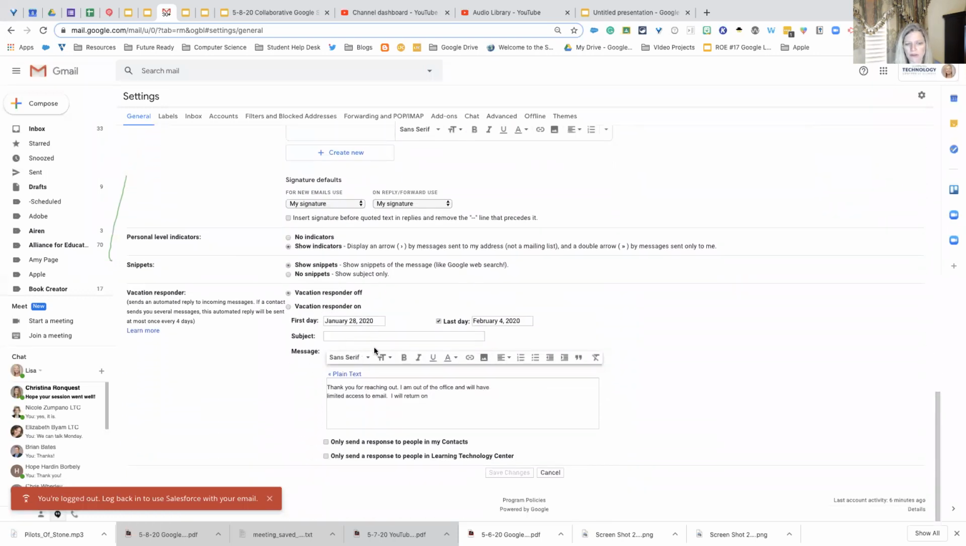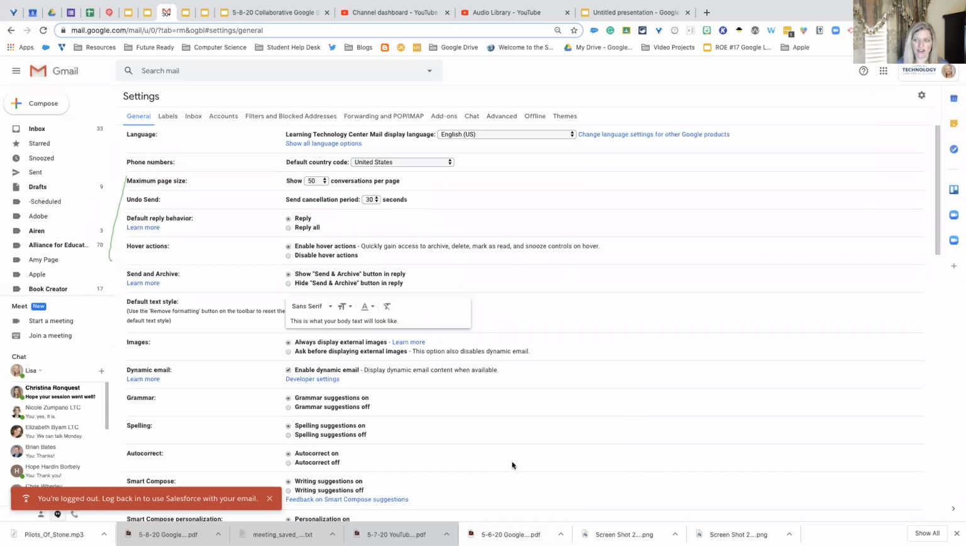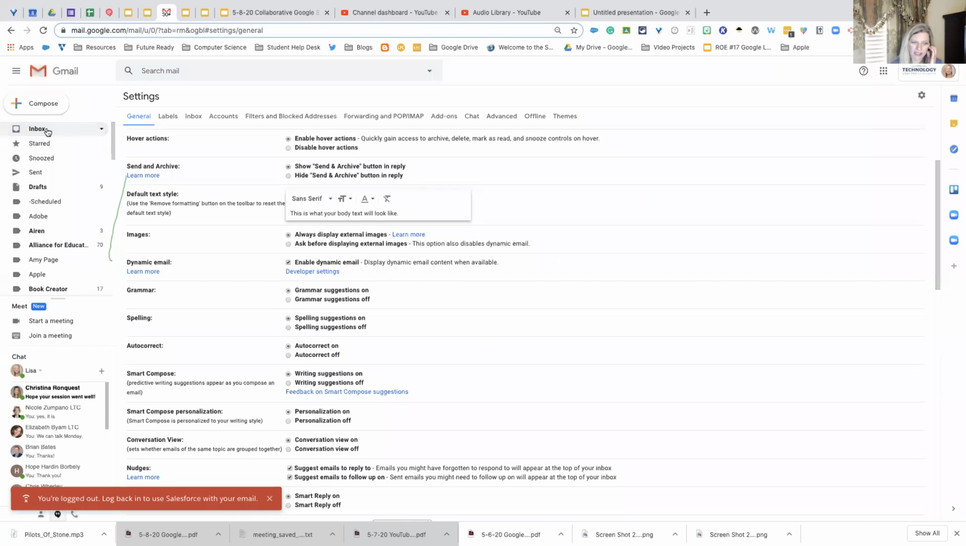Do you ever send an email and get an automatic email back? That's called the vacation responder. Whether you're on vacation or not, you could have it set up to send an email right away as you get it. You can put the first date, last day, put a message here, and put a subject. You can set it up so that it only responds to people in your contacts or people within your organization. Again, this is in settings. How did I get to settings? Go up here to the gear and go to settings, and you can see this general tab here to change it. So if I go back to my inbox